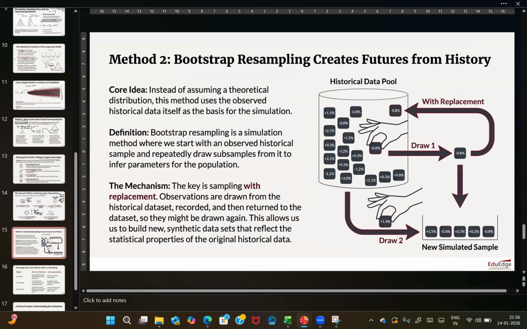And the second method is using historical data. So there, that method is called bootstrap resampling. What it does is you basically